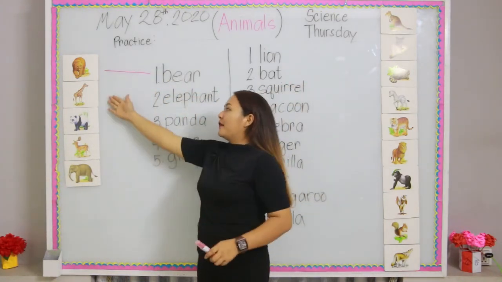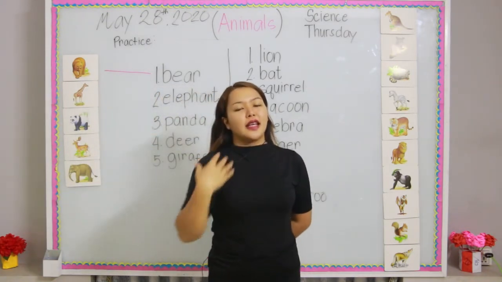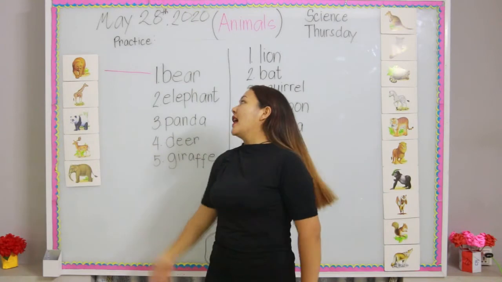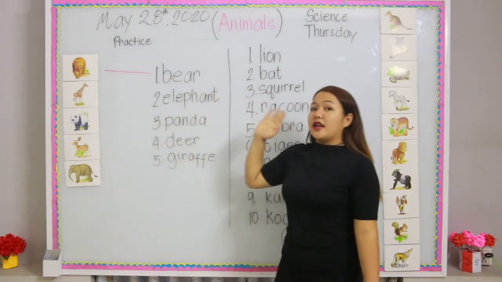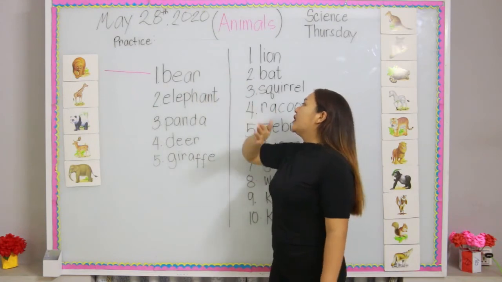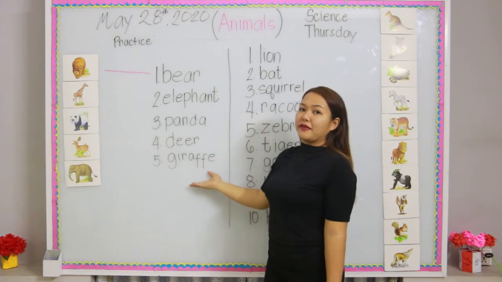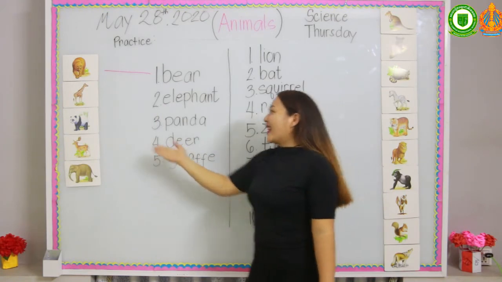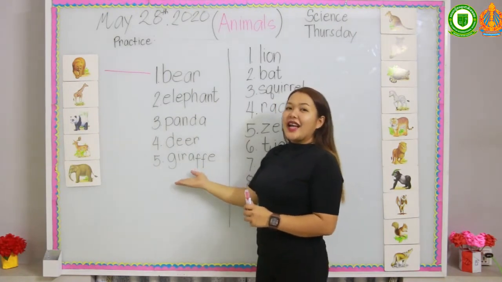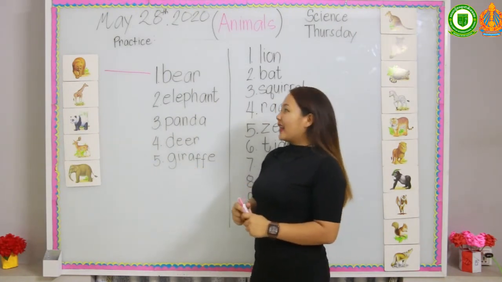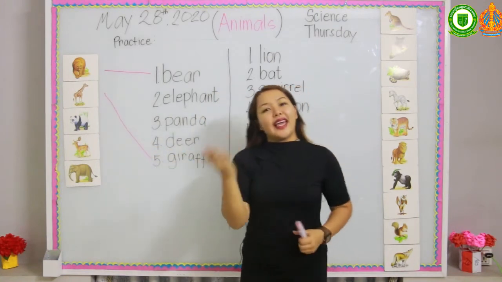Next we have this animal. It has a long neck and long legs. We call it giraffe. I'll read the options: bear, elephant, panda, deer, giraffe. Alright, so again, this is a giraffe. The answer is number 5, right? So let's draw a line. Okay, next,